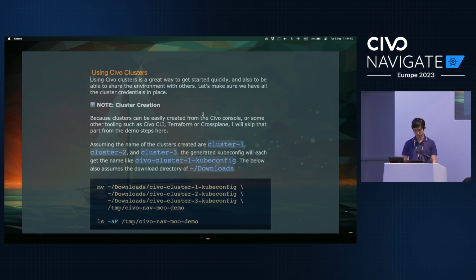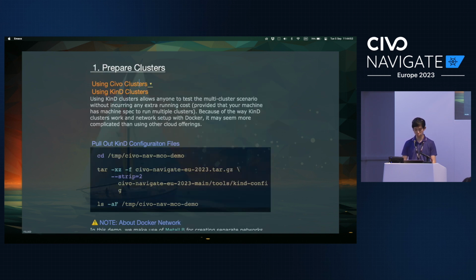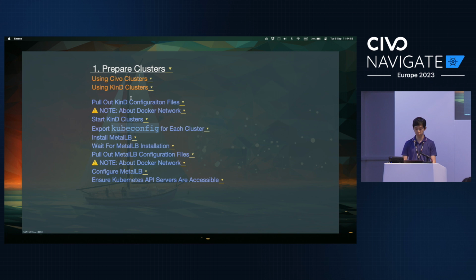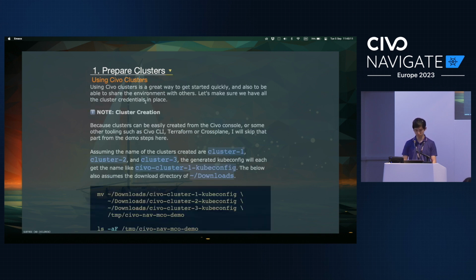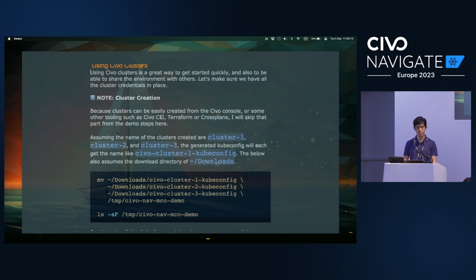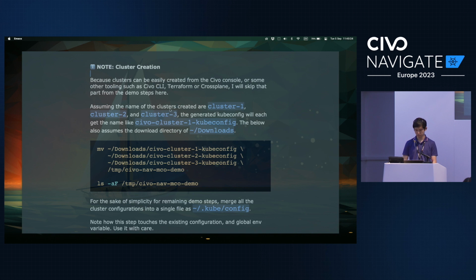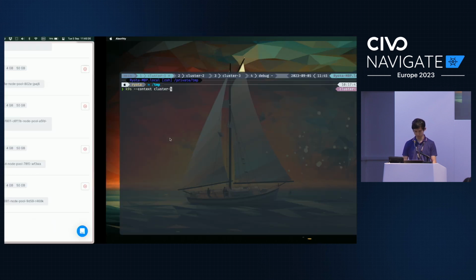So, preparing clusters: using Civo clusters is one approach and using Kind clusters is another. But if we were to use Kind clusters, you need to be aware of several steps. You have to have Kind created with the Docker network in mind, and you have to have some IP addresses set up. So I just wanted to avoid the complexity and go with Civo clusters instead. You can create a Civo cluster from the console, which I did, but you can use the Civo CLI, Terraform, Crossplane, whatever you want. Because I used the Civo console, I need to get the kubeconfig, which I'm going to get from